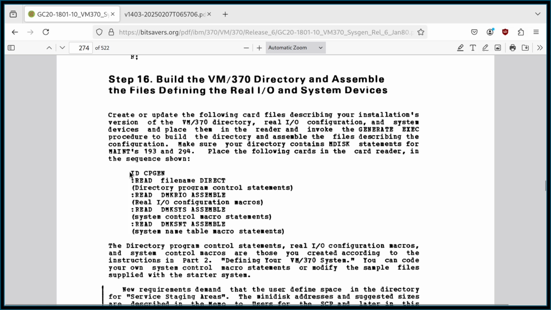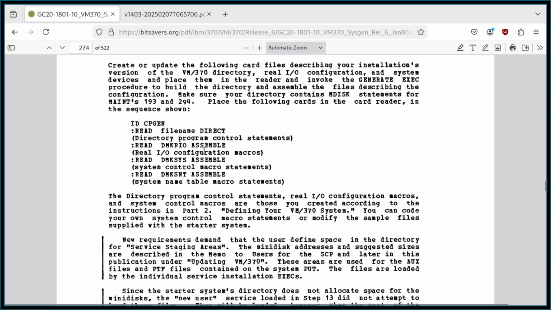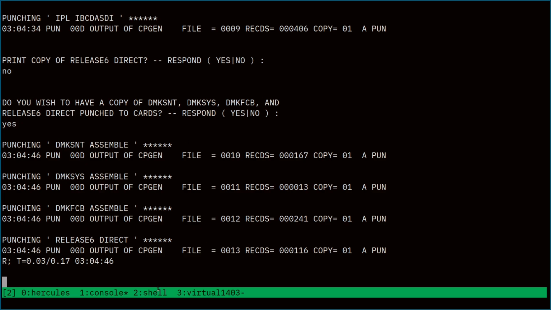So we need to build up a text file simulating a stack of punched cards with all of this in it. It's going to have an ID card to direct the data to the CPGEN user. And then we have these read directives to say, read the following content to this file name, then read the following content to this other file name, and so on and so forth. So we'll leave this here for the moment, and let's go back to the terminal. If we go out to the shell here,